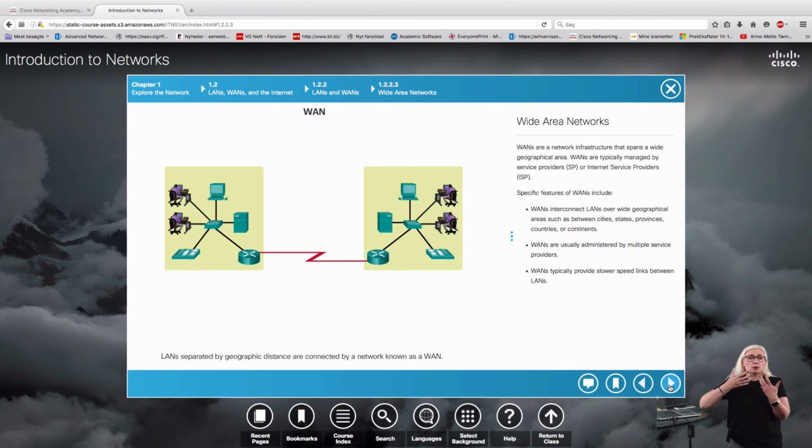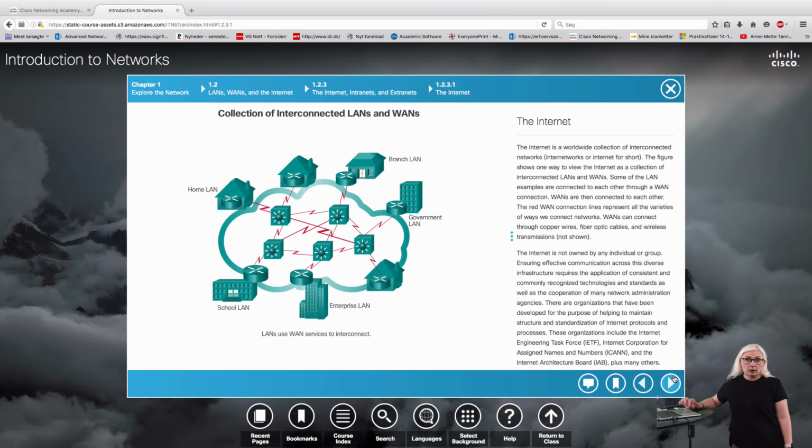We just say that we want a certain amount of bandwidth and we pay for that. This is typically when we want access through a wider geographical area, and typically here we see that the bandwidths are slower, depending on, of course, how much money you're willing to pay for it.